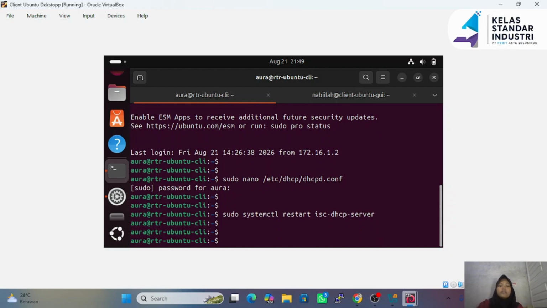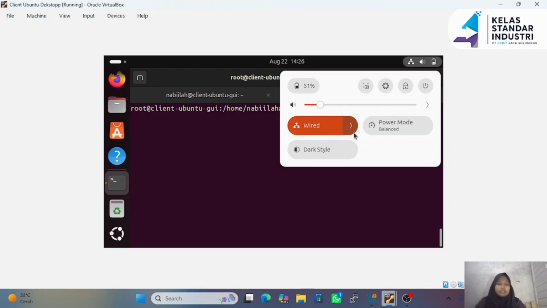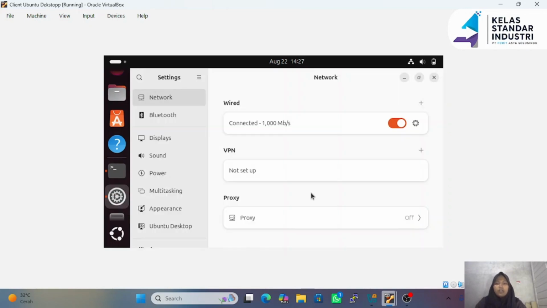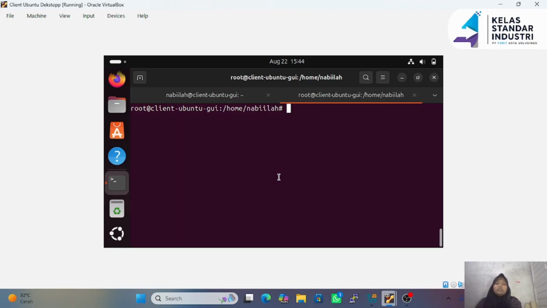Since the DHCP server has been restarted successfully, we also need to restart the network connection on the Ubuntu client. Go to wired setting, and just like before, disable and enable the network interface to refresh the connection. After that, go back to the terminal and run netplan apply and press enter.